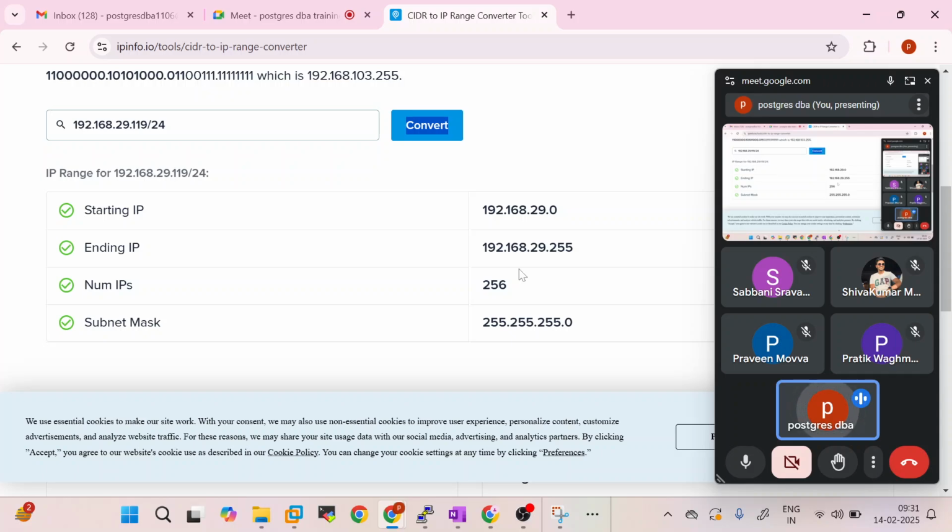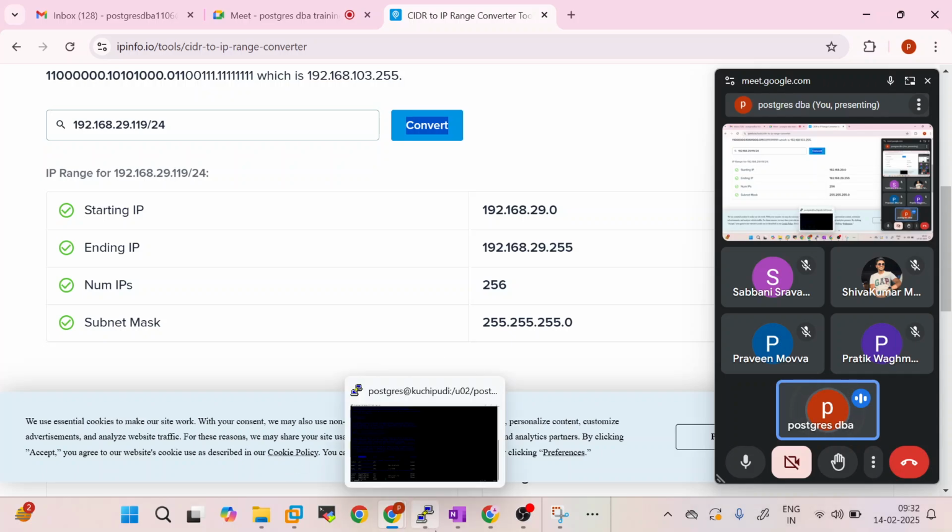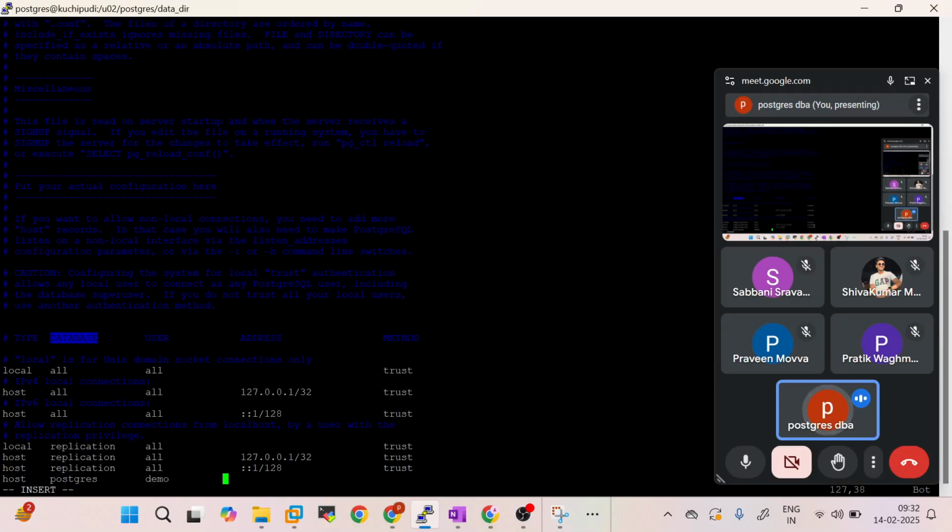192.168.29.255. So whatever connections are coming from between these two, 29.0, 29.1, 29.2 till 29.255, all the connections will be allowed. That is the reason why we need to mention it as a CIDR notation. So the next thing is, this is addresses, so what I need to mention is